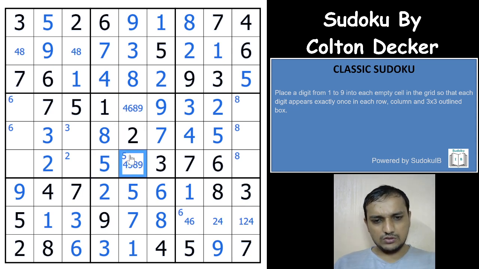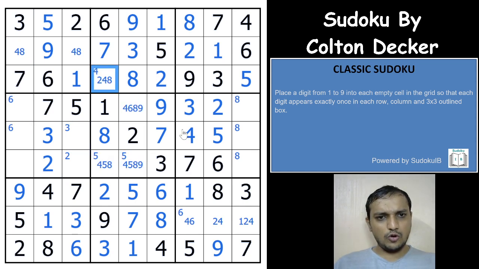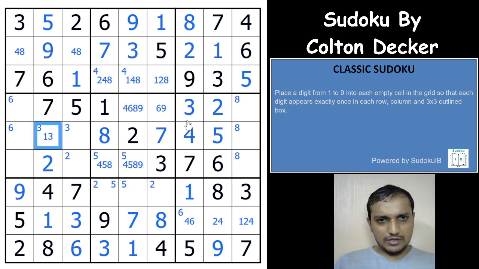We get a 4 and 6 here. That gives you a 6 here. I think it's easy for now, because you'll get a 4 here, that gives you 8, and a 4 here, that gives you 8. So let us go back here again, and I'm really looking forward to a jellyfish technique